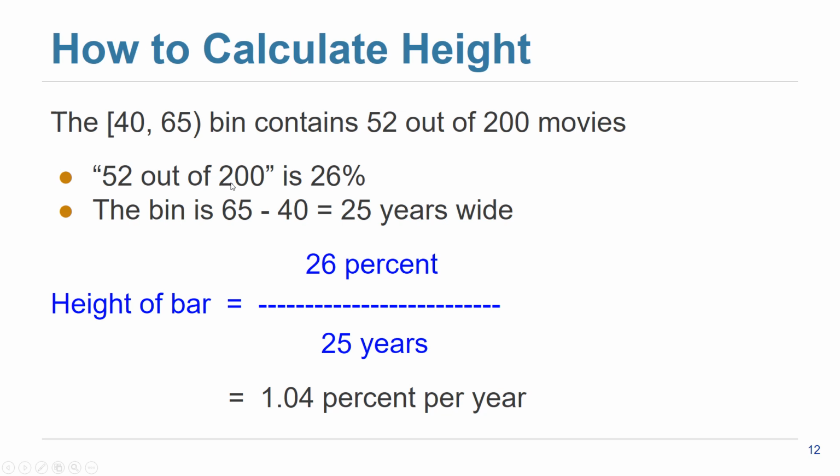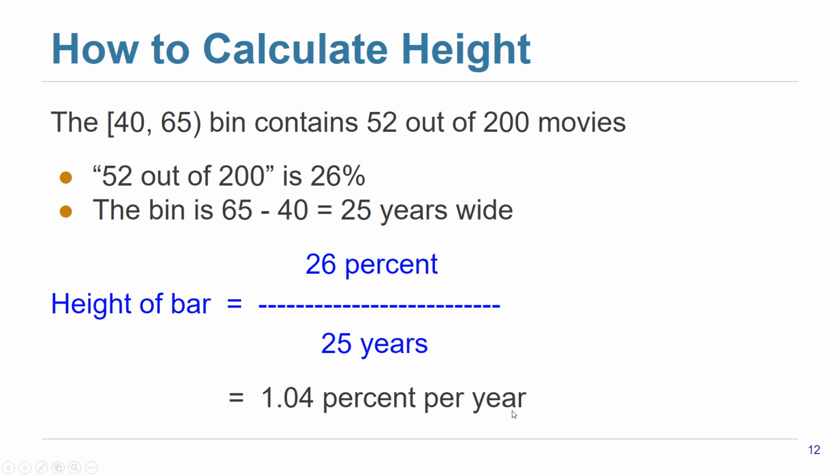52 divided by 200 is 26%, right? Now, is that the density? No, the density is that percentage divided by the width of the bin, right? The width of the bin is from 40 to 65, so the width of the bin is 25 years. To get the height of the bar, which is the density, we divide 26% by 25 years, which is